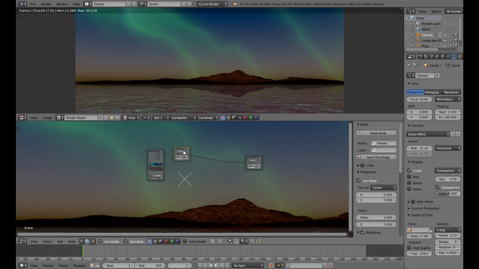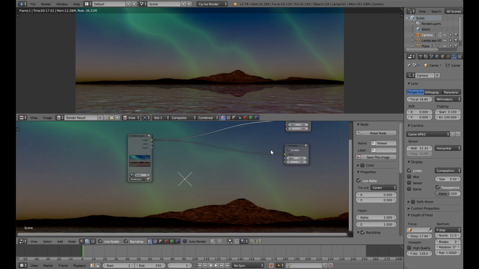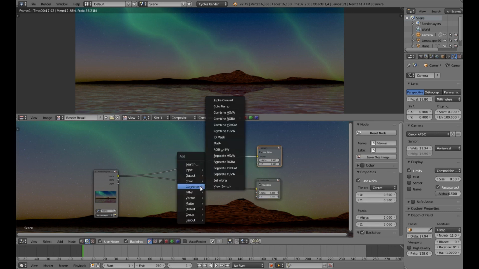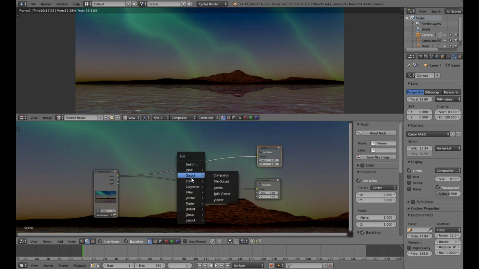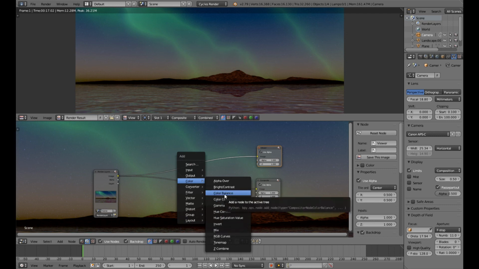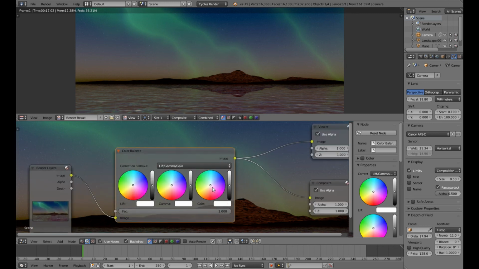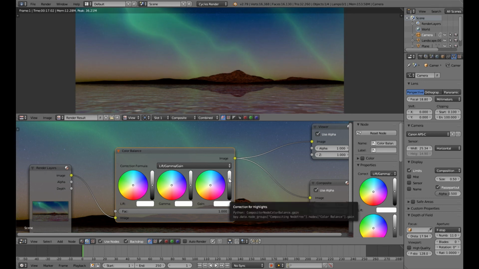I'll backdrop it by hitting Shift Control and then left clicking on this area, which will enable the compositing or the viewer panels here. And let's just give it a color. I don't want to give any filter. I will just give a color balance node and just plug this into the composite as well, so it will be auto rendered. And just turn up the white channel or the third channel here. What is it? It's a gain, or the gain channel here a little bit,